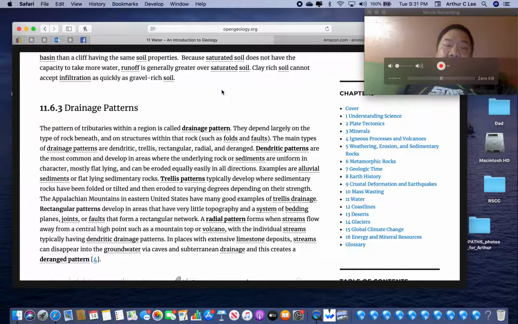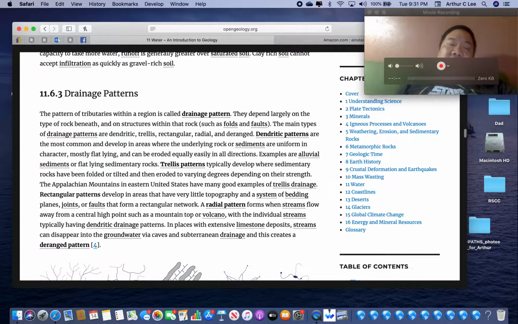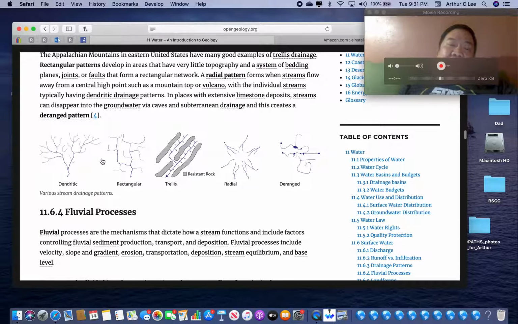Now, what are drainage patterns? Well, here you can see 5 different drainage patterns. And remember, you're looking from above and you're seeing all of these tributaries flow into a river. And here are the 5 drainage patterns: a dendritic drainage pattern, a rectangular drainage pattern, a trellis drainage pattern, a radial drainage pattern, and a deranged drainage pattern. Take a look at these patterns for a moment and see if you can remember them if they come up